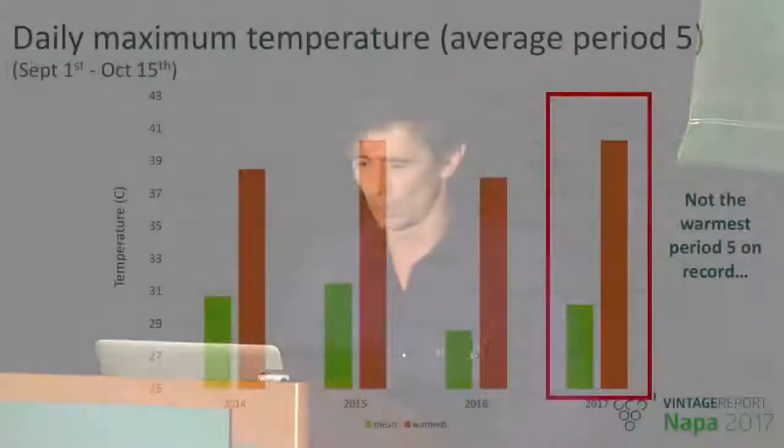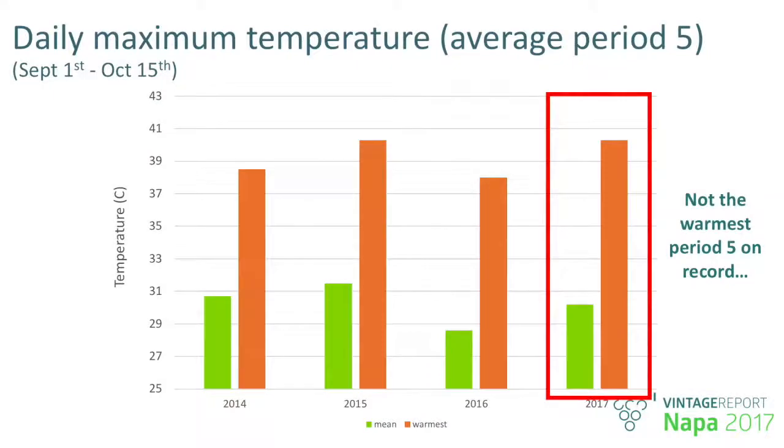winemaking practices. And just 2 slides before Federico comes here, things were not looking so bad during period 5, because you see, contrarily to 14, 15, and 16, while we were accumulating the last bits of color, the temperature have not been the highest on record. Remember that temperature above 35 Celsius are very deleterious for color. But we were not in such a bad situation compared to 2015 or 2014.